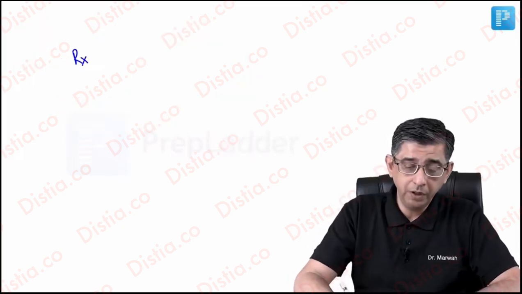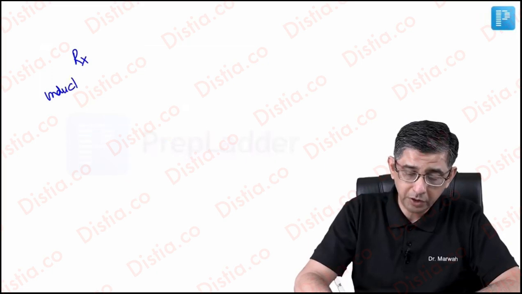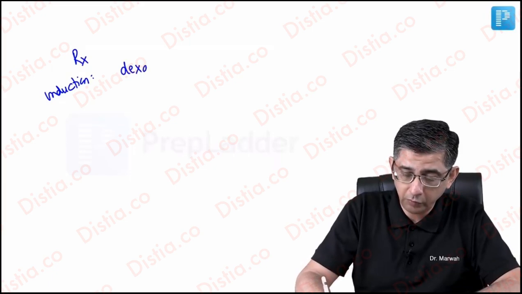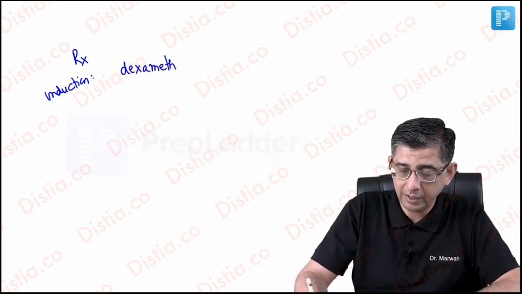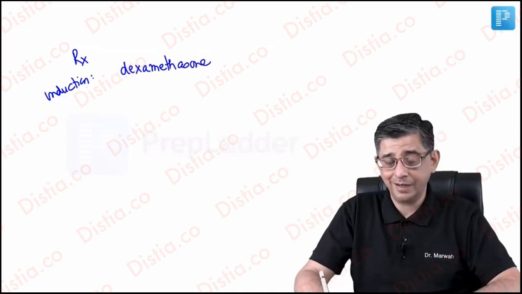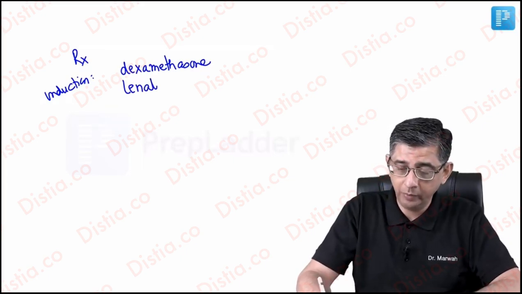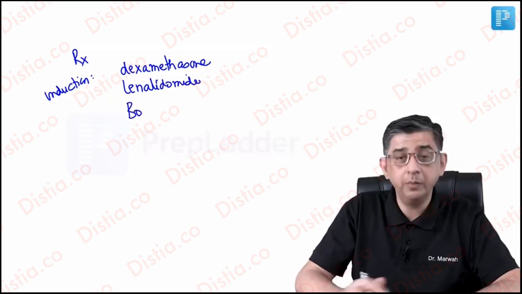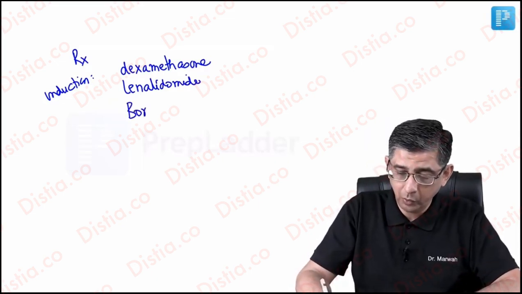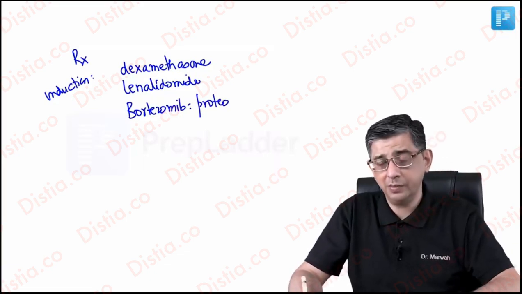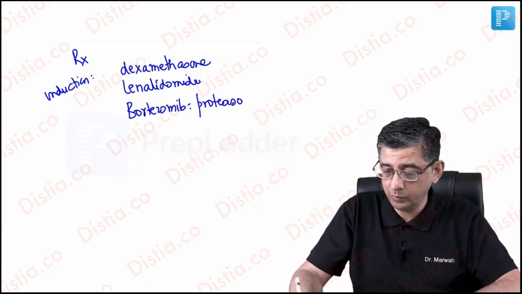Now, the drugs that you would answer in the induction part of management of these patients would be three of them. The first that you will answer will anyway be a steroid, that is dexamethasone. Second is, I would say, a cousin of thalidomide, that is lenalidomide. The third drug that you will answer here is a proteasome inhibitor, that's going to be bortezomib. So three names are to be remembered for the management of these patients initially. The third one, as I explained to you, should be answered as a proteasome inhibitor.